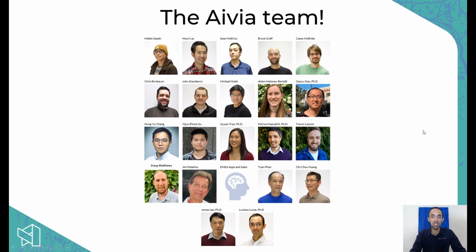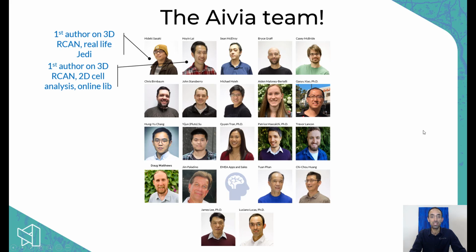And I'm very happy for my team, for their achievements. So I wanted to acknowledge a few people in particular. Hideki, who is one of the first authors on the 3D Arcan paper. Hoyen Lai, who is another first author on that paper. Sean, who has developed the tagging system and he's working on really cool future tools that will come online very soon. So is Bryce,